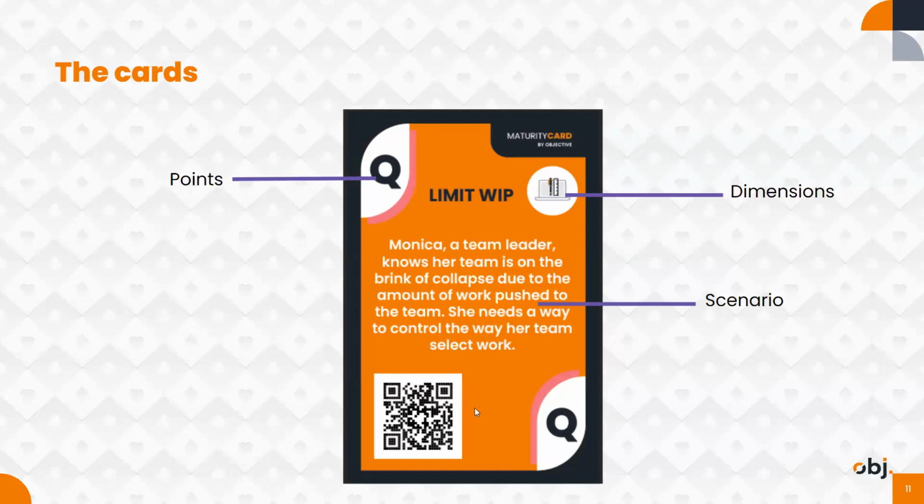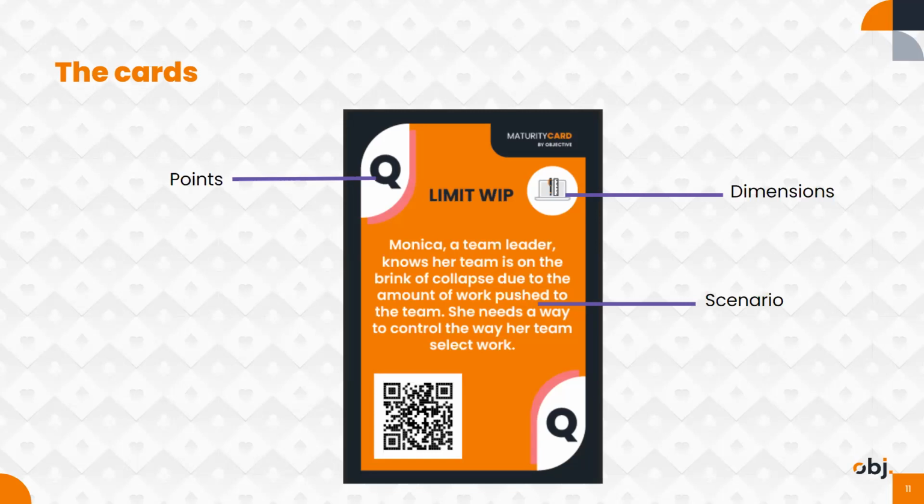That's why Marcelo said, if you have not signed up to KMM Plus, do it now, because this QR code goes to KMM Plus and says which practice from Kanban resolves that scenario, that problem. And you can try right now. If you put your camera pointing to this card,